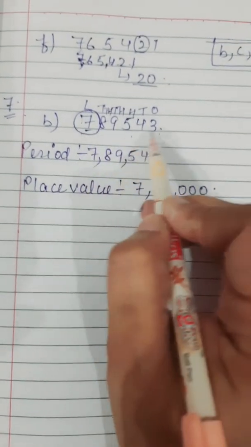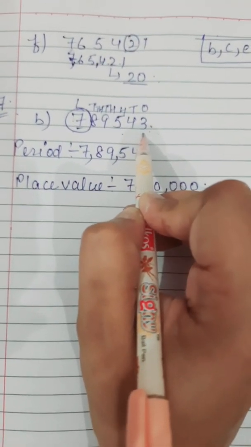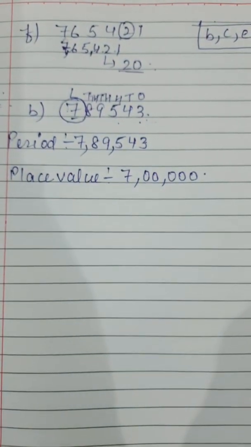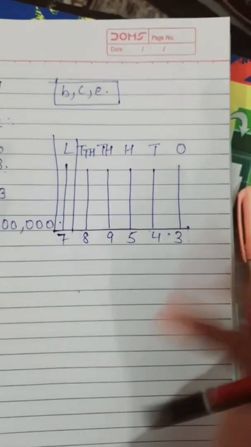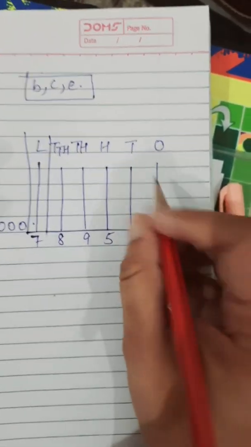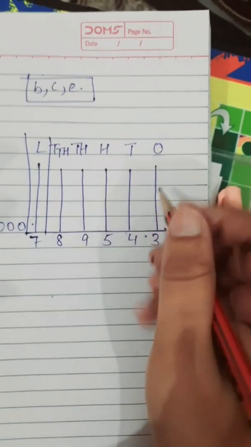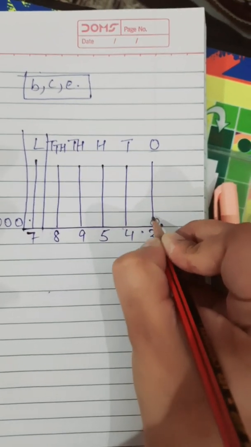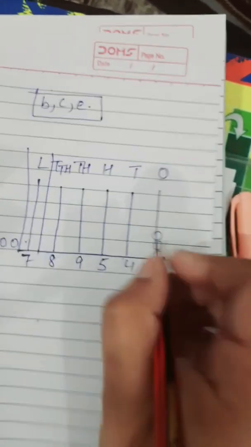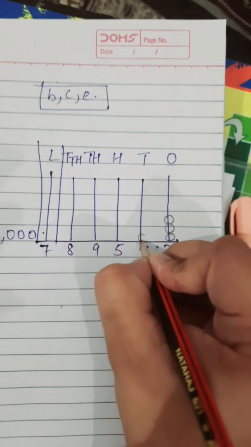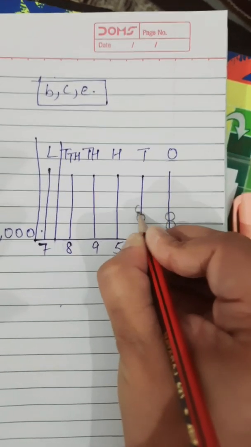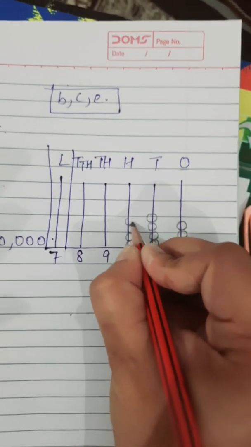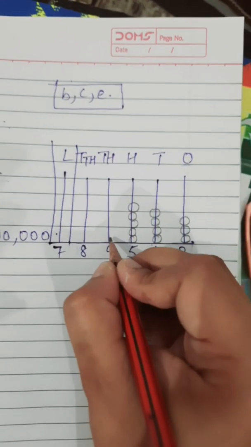And you have to represent this number on the abacus also. So draw the abacus for this number, and so we are having this number, we will represent this number on the abacus. That is, on the ones place we are having 3, so we will place here 3 circles. On the tens place we are having 4, so we will place 4 circles. Next we are having 5, 3, 4, 5.